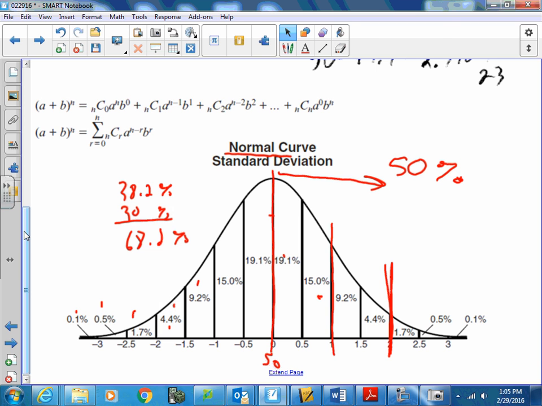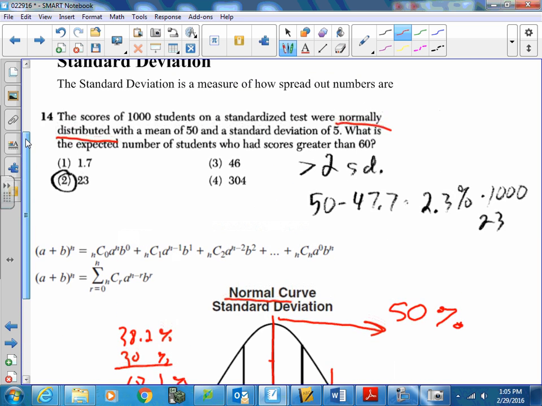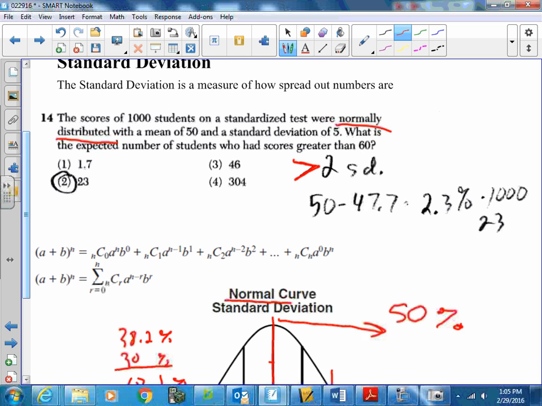If you look in at 2 standard deviations, because if 1 standard deviation is 5, that means 2 would be 10. And it's asking for scores greater than 60. So that's why they have this greater than 2. That's why whoever did this scoring put that. Because whoever got a 60 was more than 2 standard deviations to the right. And then if you see this 50 minus 47.7,